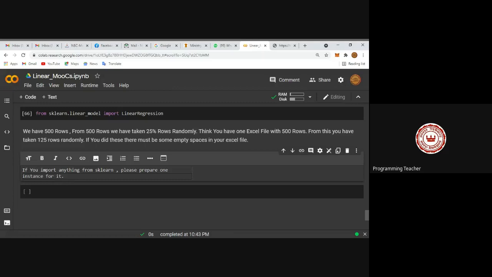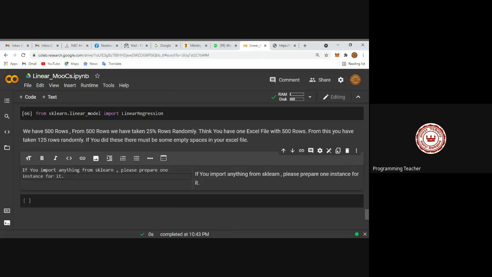Example, I'm going to say, please draw a picture. Where will you draw? You need some slate, you need some canvas, then only you can draw the picture. At least we have to give some piece of paper also. Same thing applicable. Your Python cannot understand what you are going to do. Got the point? You have to create one instance.